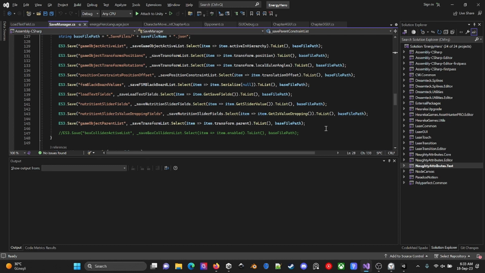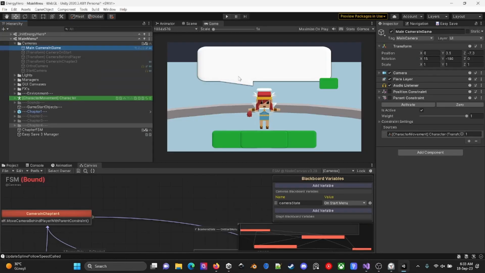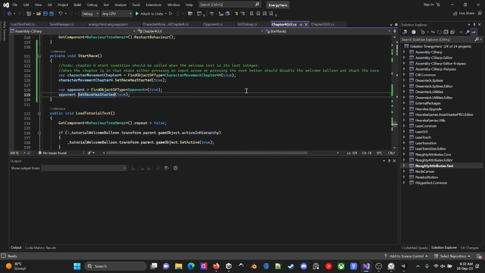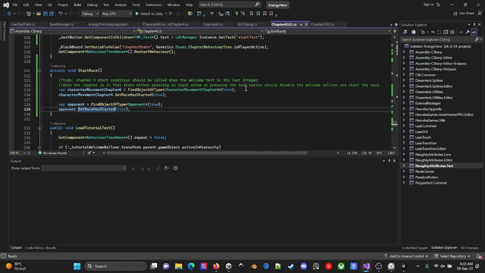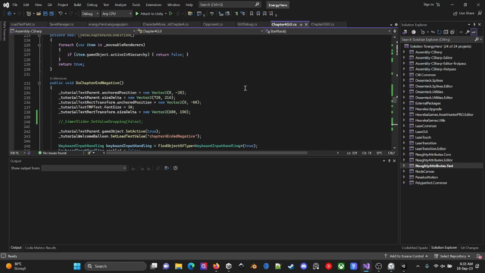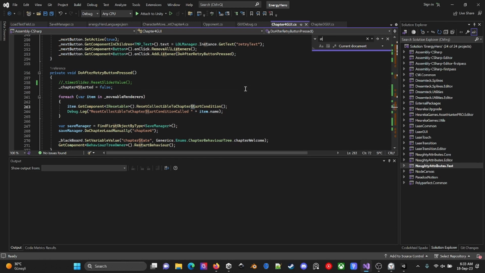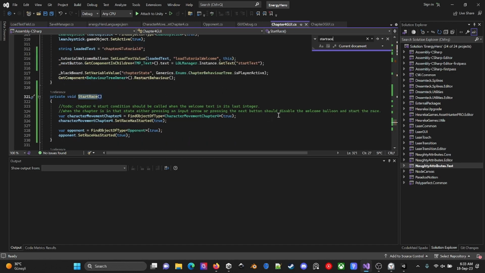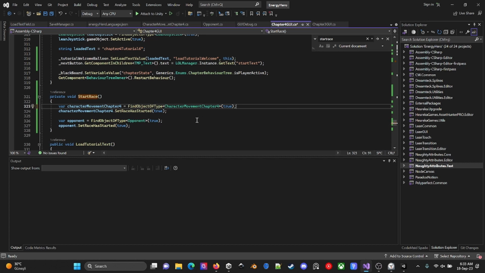So one of the quick fixes, this will be the easiest, I guess: I just look for my main camera and look for the parent constraint component under my camera, and just enable this guy. So where can I put it? Here. Start race. Where is my start race method? I can remove this one.